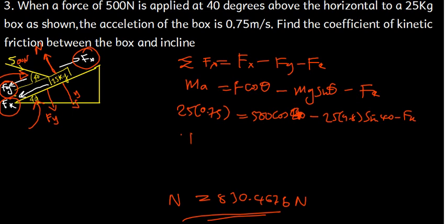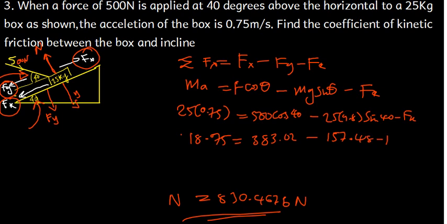I'm finding 18.75, and that will be equal to 500 cos 40. So this angle here, which we can see clearly, is 40. Let me just write it properly. Okay, this is 40. So 500 cos 40 is giving me 383.02, and then minus 25 multiplied by 9.8, and then that answer times sine 40, that is giving me